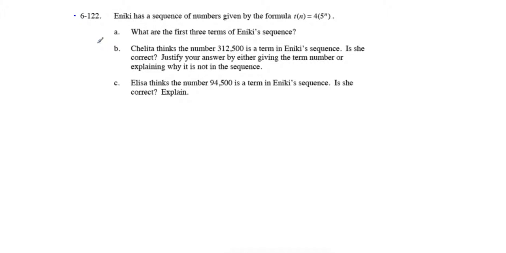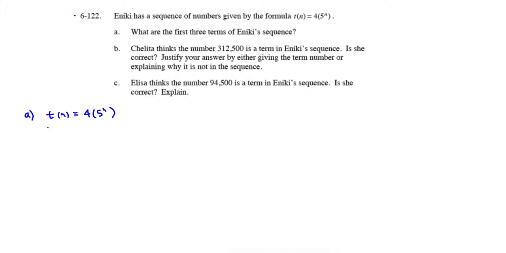Problem 6-122. Aniki has a sequence of numbers given by the formula t of n equals 4 times 5 to the power of n. What are the first three terms of Aniki's sequence? Well, that's pretty easy to start out with here. A little throwback problem. Let's say t of n equals 4 times 5 to the power of n,